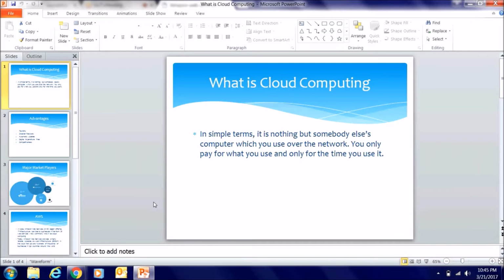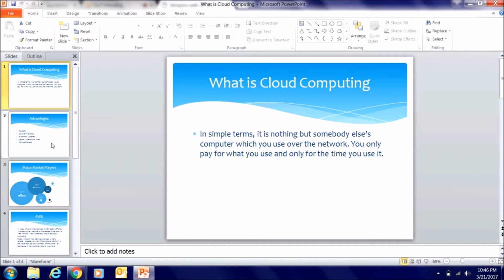So consider a scenario where you are setting up your own company and you need servers, you need to set up the network. There's a lot of manual effort which goes into that. You need to hire people to manage those systems. Now with cloud, you don't need to do that. You can just subscribe to the services on cloud, and you just pay for what you use. You don't have to invest a lot of money upfront. That is the basic advantage you get.